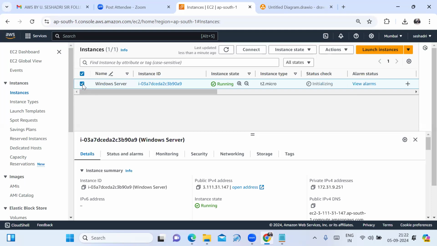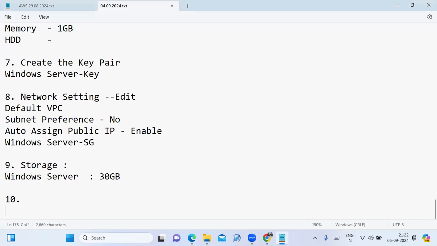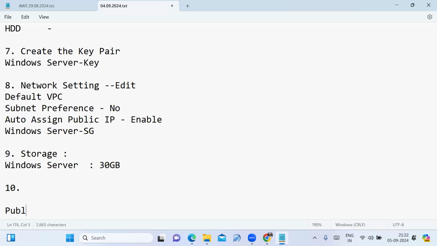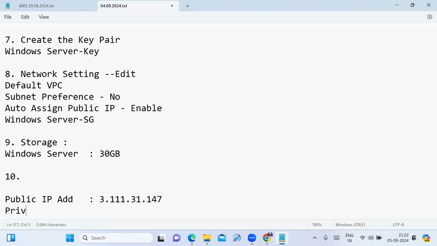Friends, I am selecting this Windows machine and I have to note down its public IP address, and I want to note down the private IP address also.